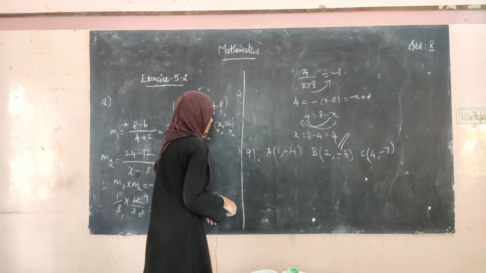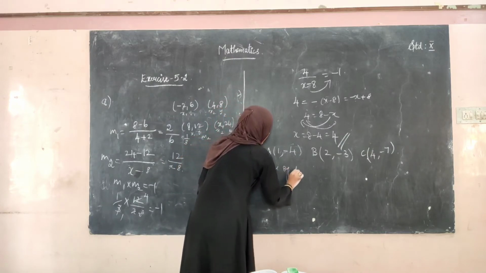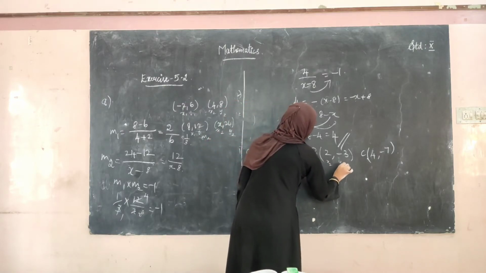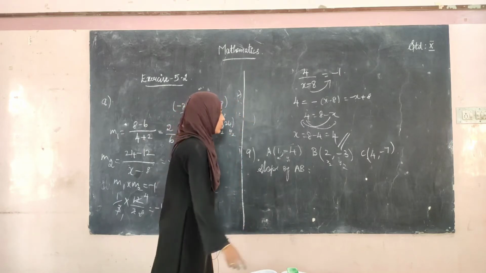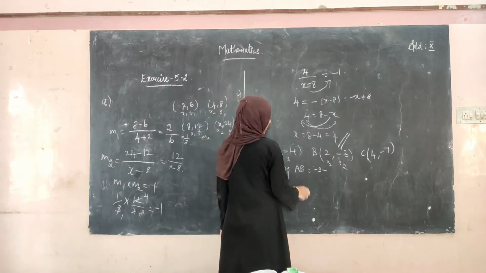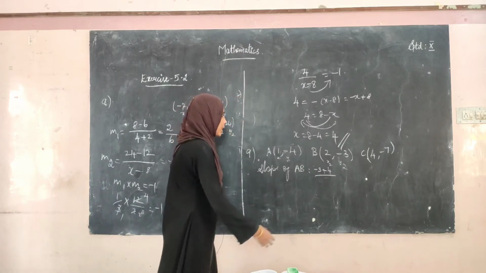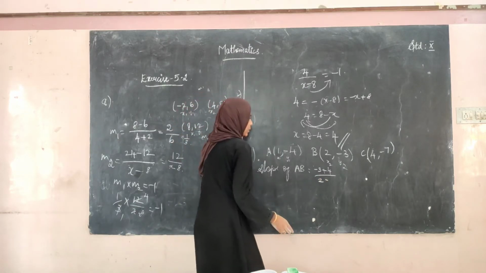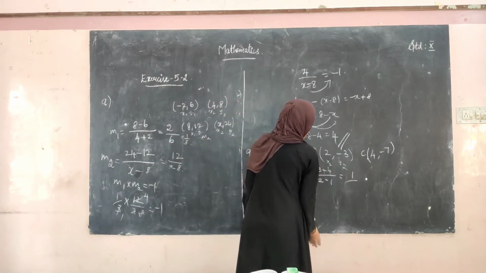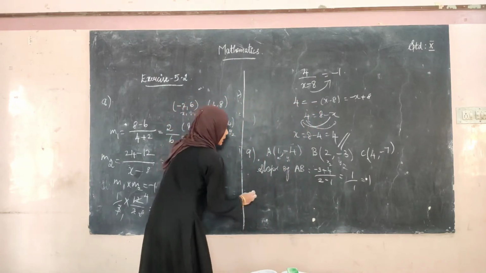Okay, so let us find the slope of AB. This is x1, y1, x2, y2. So what's the formula? y2 minus y1 over x2 minus x1. y2 minus y1 is -3 minus, here my y1 is -4, so minus of minus is plus 4. x2 minus x1: x2 is 2 minus x1, which is 1. So 4 minus 3 is 1, divided by 2 minus 1 is 1, which is equal to 1. Now shall we find the slope of BC?